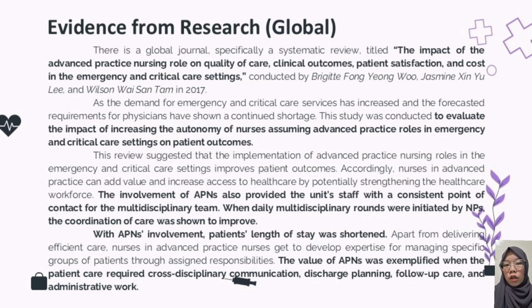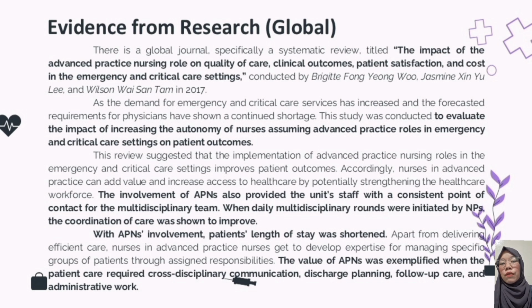So, Yung Wo, Yuli, and Santam conducted a systematic review in 2017 that was published in a global journal with the title The Impact of the Advanced Practice Nursing Role on Quality of Care, Clinical Outcomes, Patient Satisfaction, and Cost in the Emergency and Critical Care Settings. So there is still a scarcity of doctors. So despite the fact that the demand for emergency and critical care services has grown, the purpose of this study was to assess how patient outcomes might be affected by giving advanced practice nurses more authority on emergency and critical